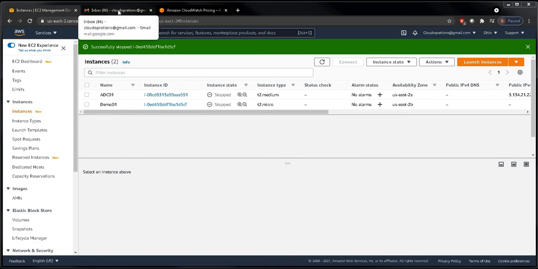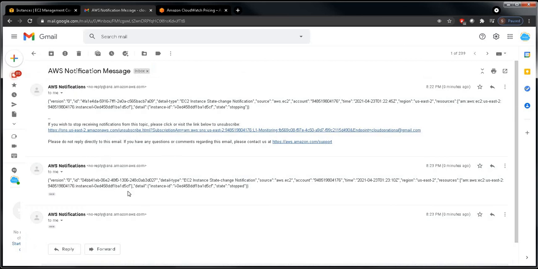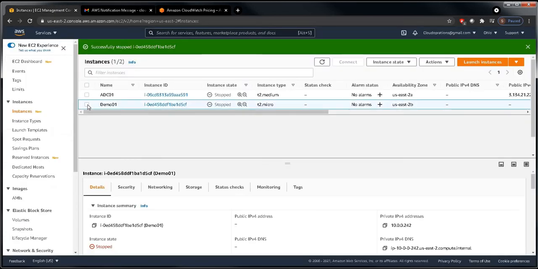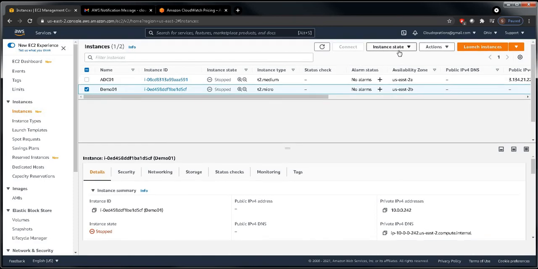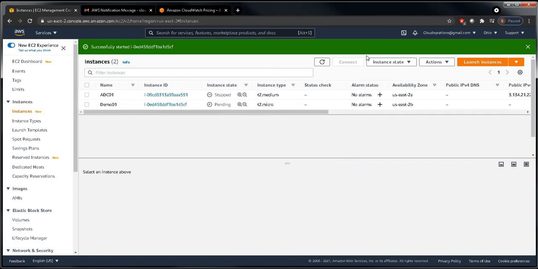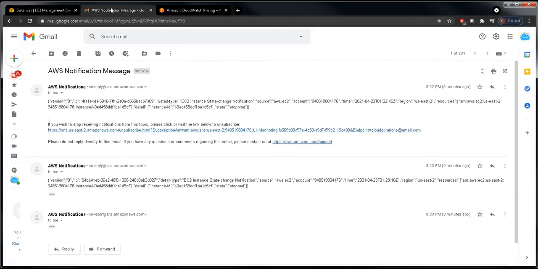Okay, see here we received one alert. Let's see what this alert is saying. It's saying the instance status is stopped. Now let's go ahead and start this again and let's see. Now it is in pending state.